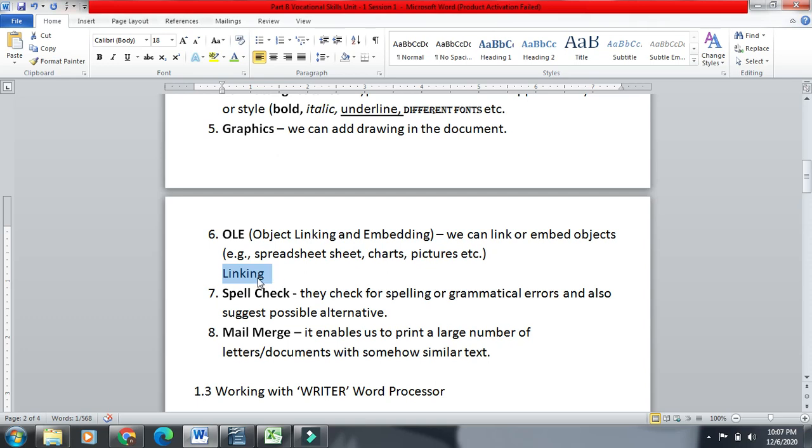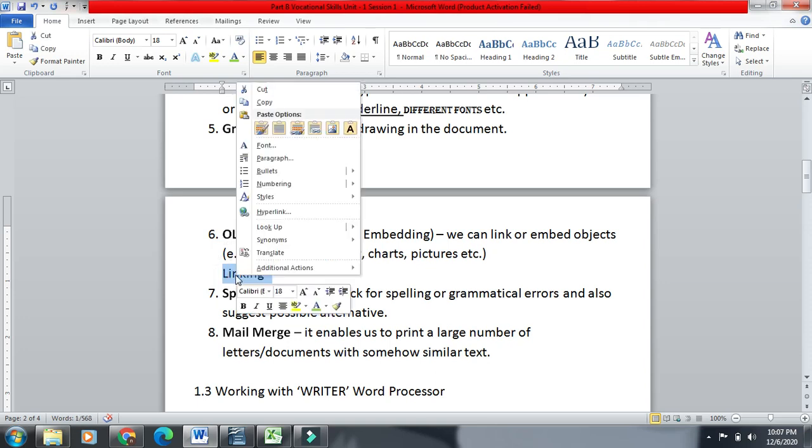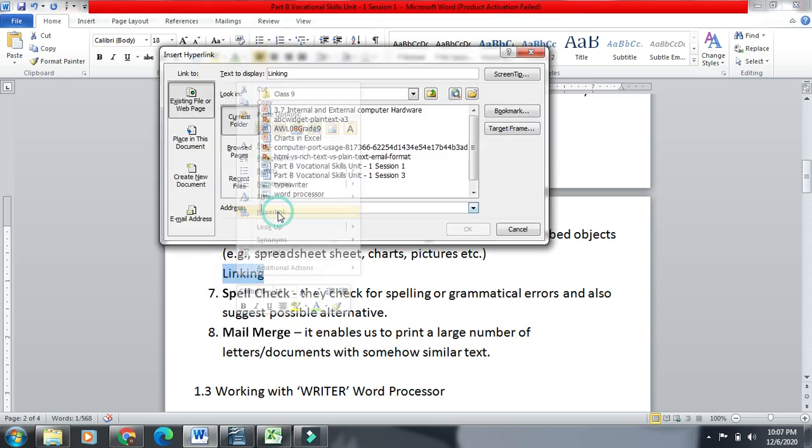So using linking, I can link this main document to any outside image, outside Word file, outside Excel sheet, outside web page, whatever I want. So this is linking. I will just select it, right click, click on hyperlink.